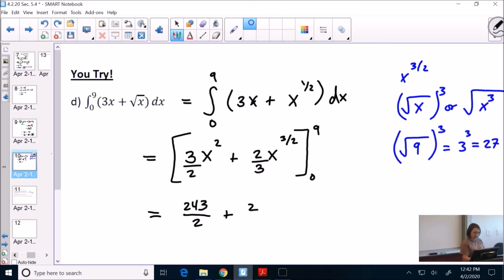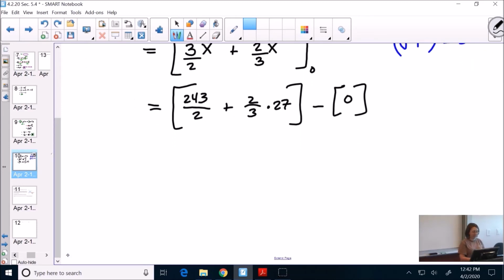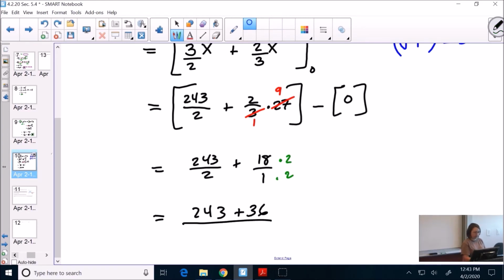Plug in 9, we get 2/3 times 27. This is our f of b. Minus, if we plug in 0, what happens? Everything's going to be 0. That's what I meant by 0 is your friend when it comes to limits of integration. So what do we have? 243 over 2. Can't reduce that. The 3 and the 27 can reduce to 1 and 9. And then plus 2 times 9 is 18 over 1. Common denominator is 2. So we have 243 plus 36 all over 2. Or 279 over